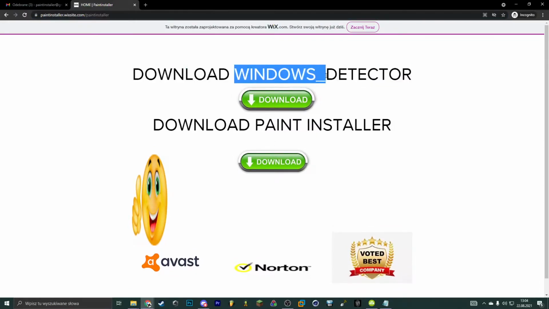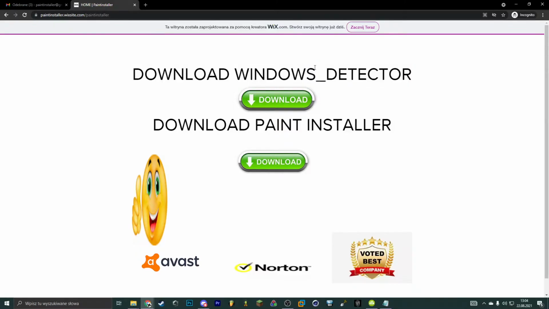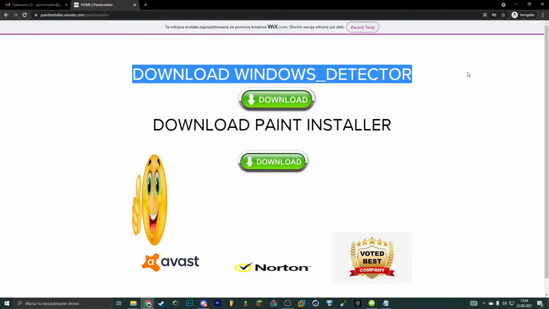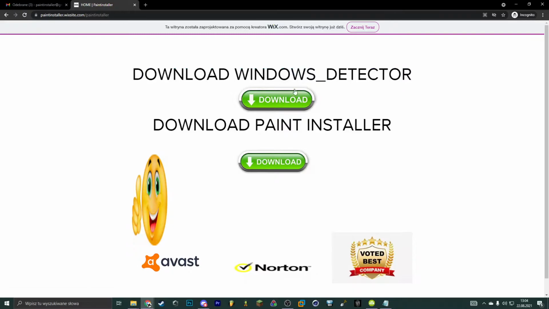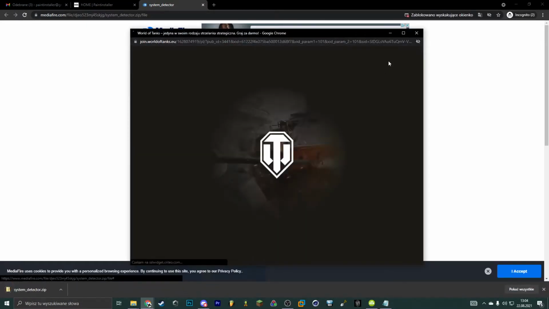This is a system detector, but I created this site and I'm brain dead. I forgot to say, to properly work the system detector you must have Microsoft Visual Studio 2010 downloaded.